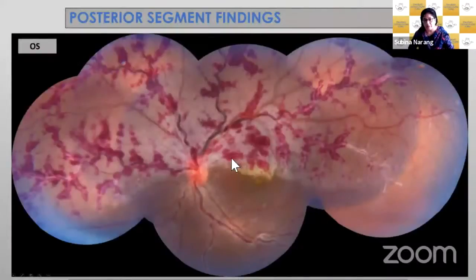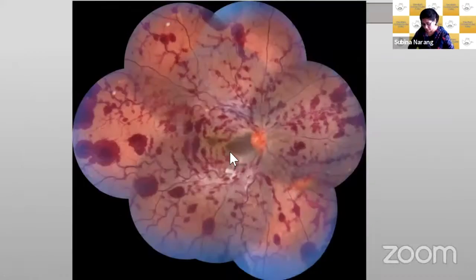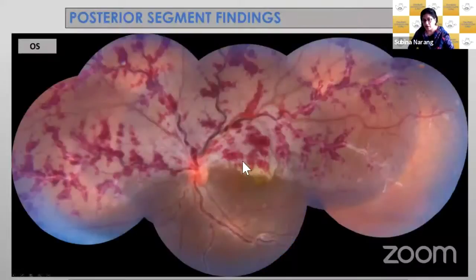The picture in the left eye was something similar, but it was limited to the superior part of the retina. You can make out very clearly the edema in the superior part, and the inferior part is normal kind of retina, which we can see. Plus, she has perivenular sheathing, which is seen in the periphery, and hemorrhages are restricted to the upper quadrant, upper half of the fundus.